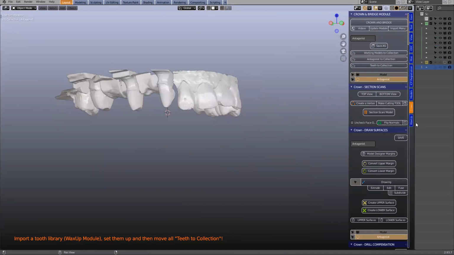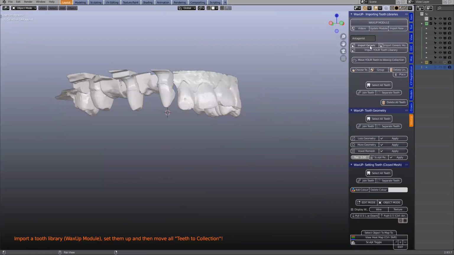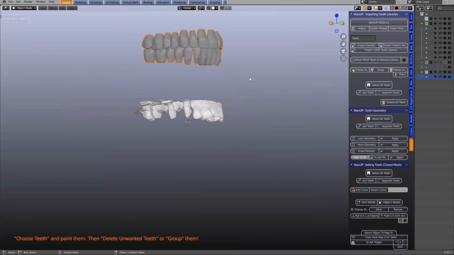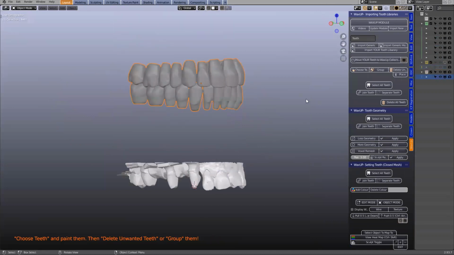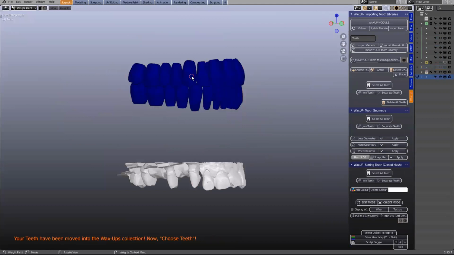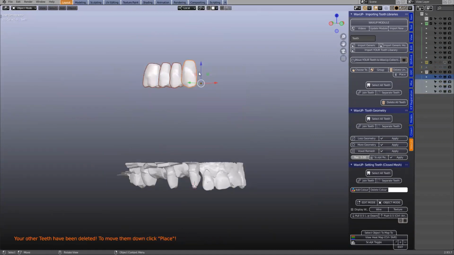So in the wax up module, we're going to go there and import generic teeth. So if these generic teeth are not suitable, you may have your own tooth library. So we're going to choose a few teeth. So I think it's from the canine all the way over here. And then we're going to delete all the rest of them, select them, and then we go, I think I'm